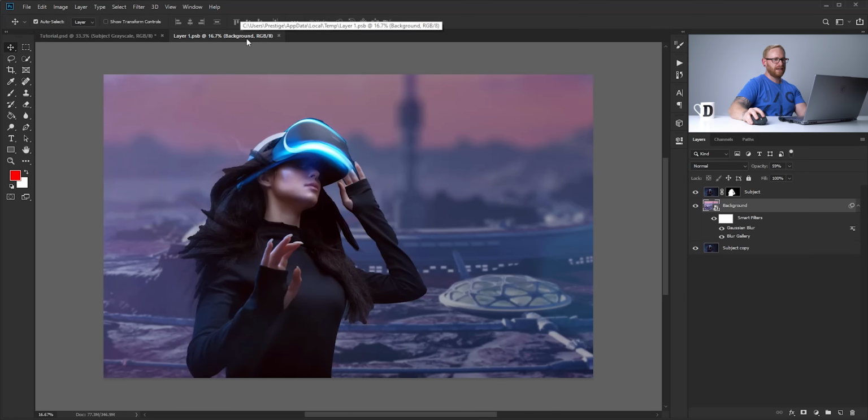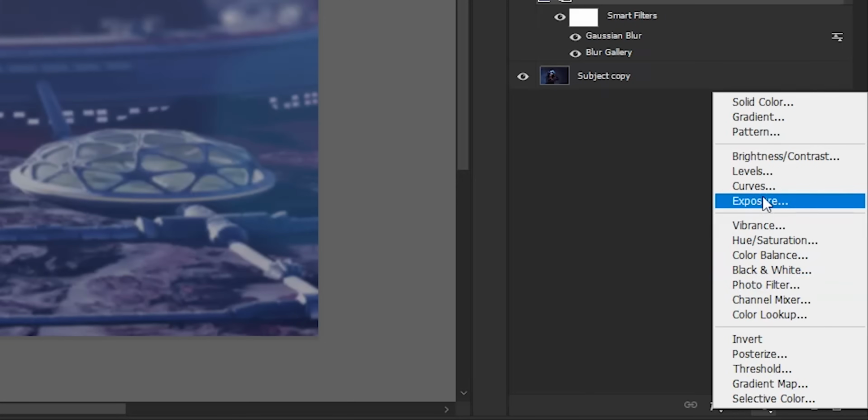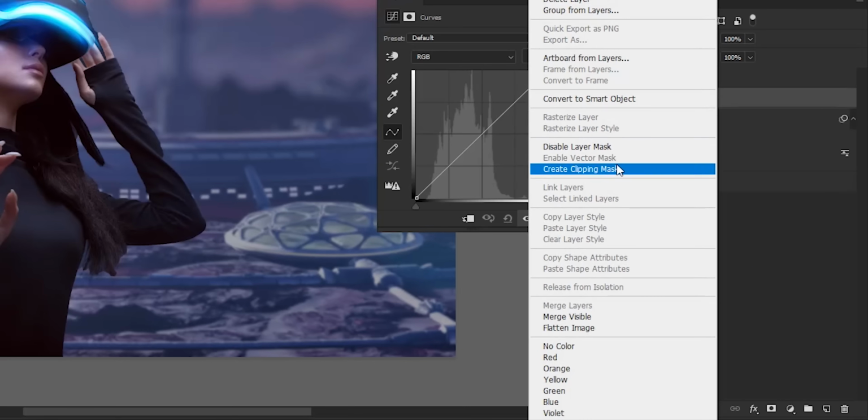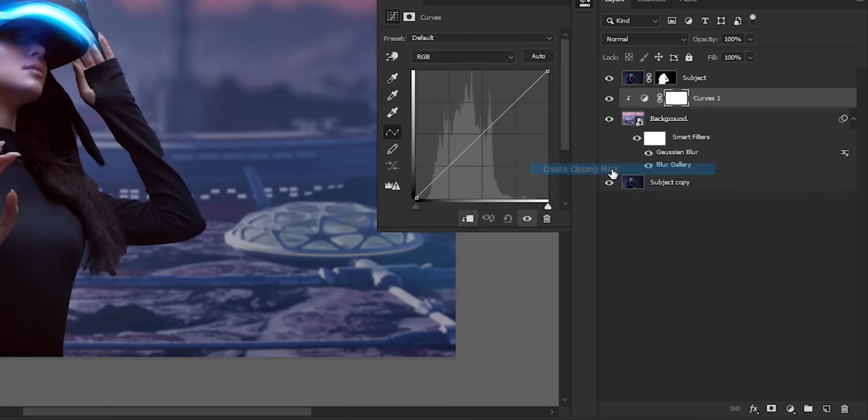Now I'm going to jump back in here, and what I'm going to do is just add an adjustment layer to the background because it doesn't quite match the darkness of the subject. The subject's very dark, the background is quite light. So we'll add an adjustment layer, we'll go for curves. Now I want this to only affect the layer below it. So what I can do is I can right click on the curves adjustment layer, click create clipping mask,